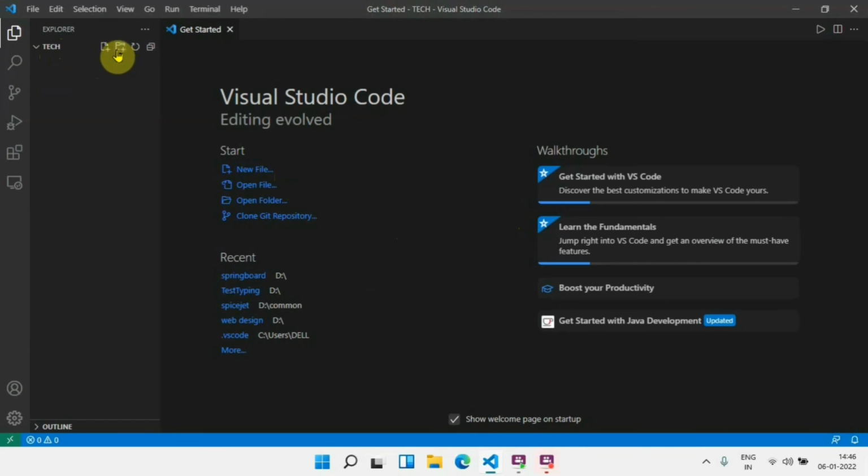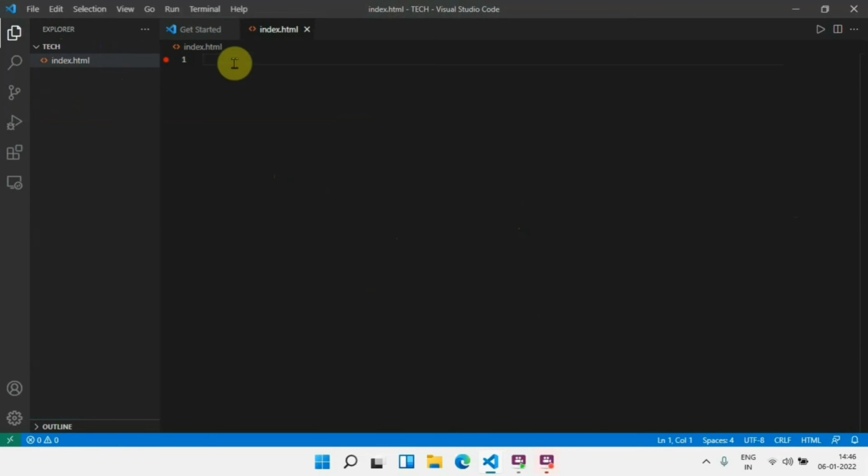From the options available here, let us create one file naming it index.html. .htm and .html are the extensions of HTML. After writing index.html, hit enter and one new file is created inside which we are going to write our code. So let's start with opening and closing of HTML tags.